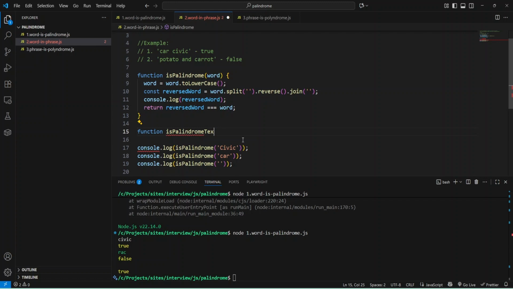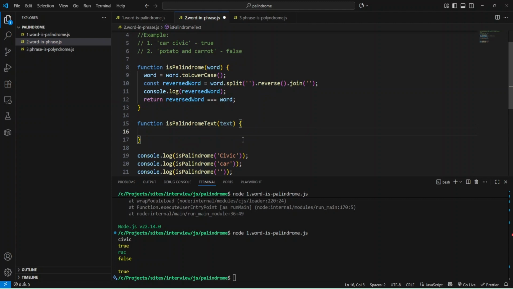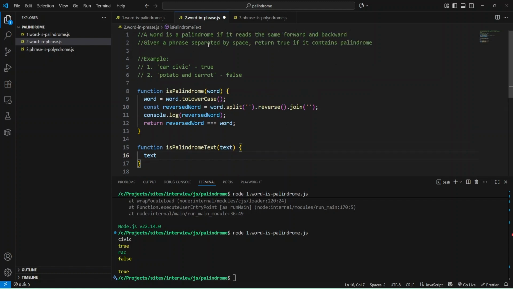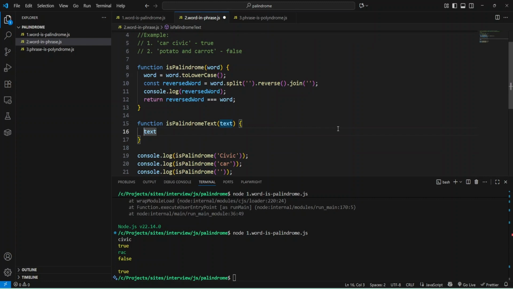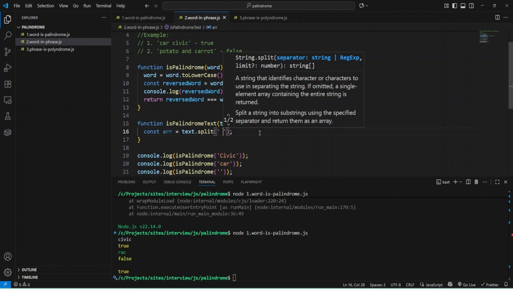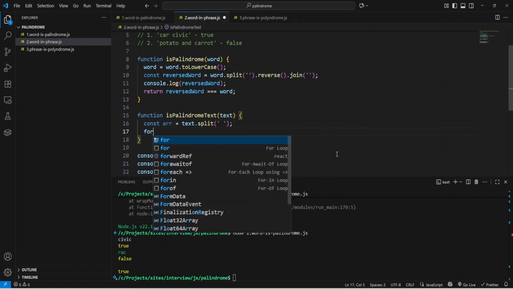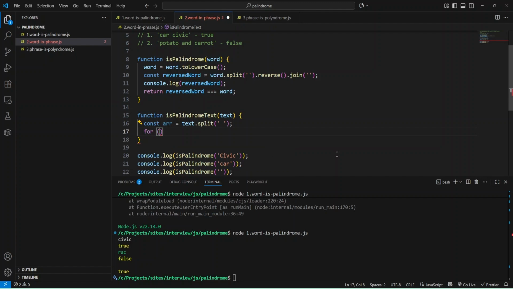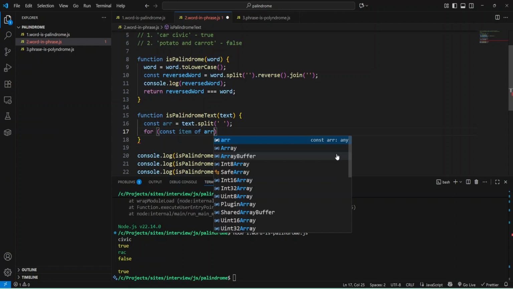isPalindrome text, and let's add text as a variable. Here we can convert it to an array. As you can see, it's separated by spaces, so let me make an array, and we can use the split function and provide a space to it. Now we can iterate through the array using forEach.